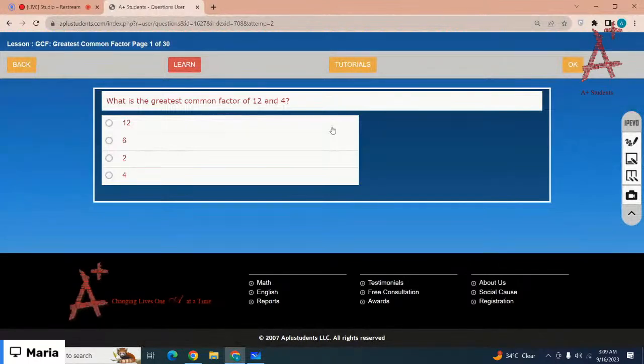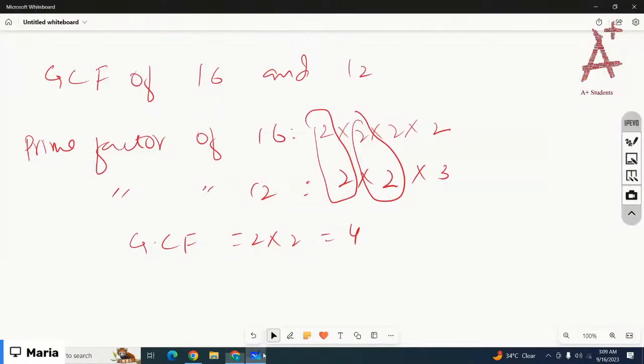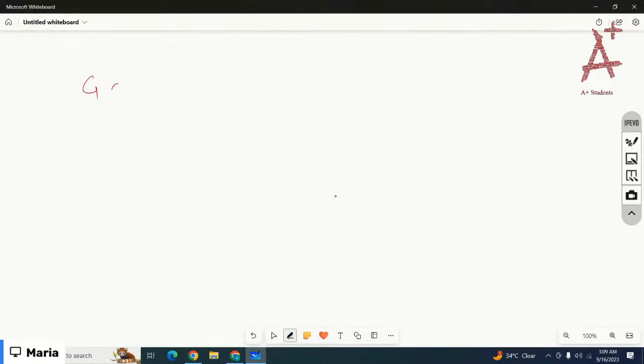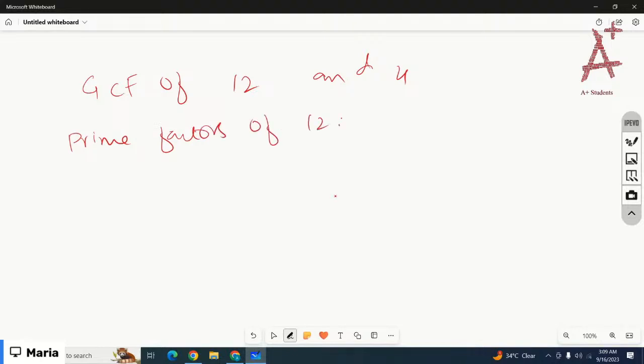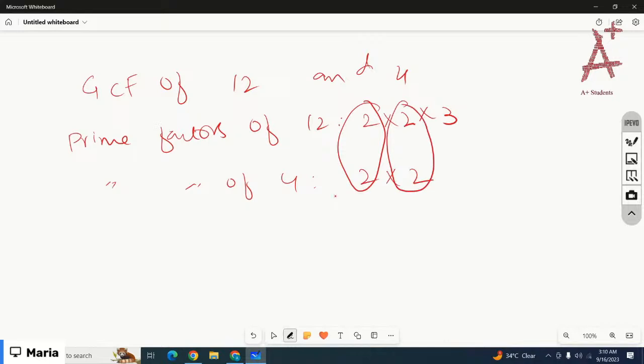What is the greatest common factor of 12 and 4? So let's see what is the GCF of 12 and 4. You have to do the prime factors of 12 and then the prime factors of 4. The prime factors of 12 are 2 times 2 is 4 and 4 times 3 is 12. And the prime factors of 4 are 2 times 2. So the common numbers are 2 and 2. 2 times 2 makes